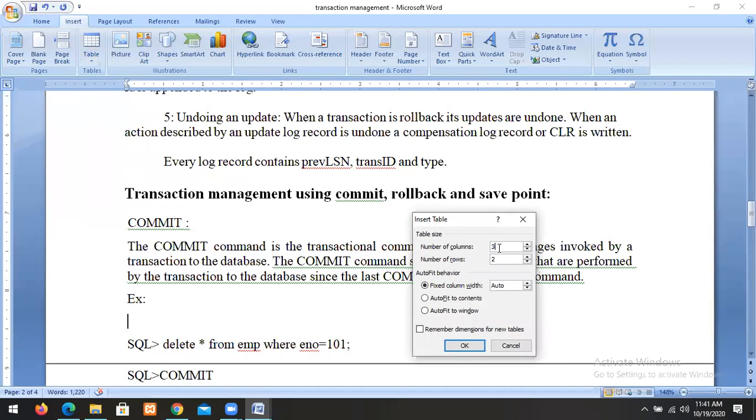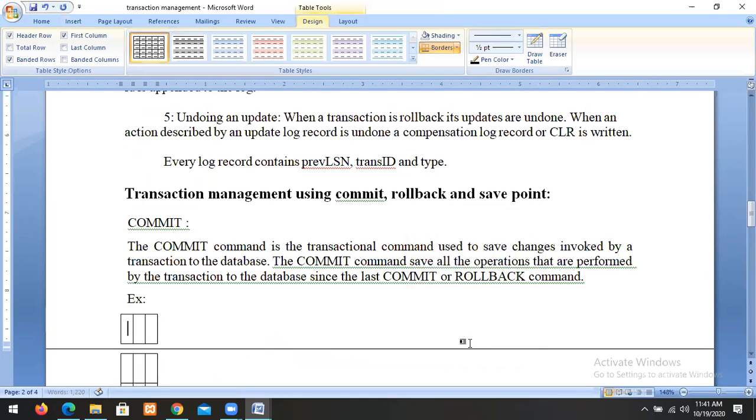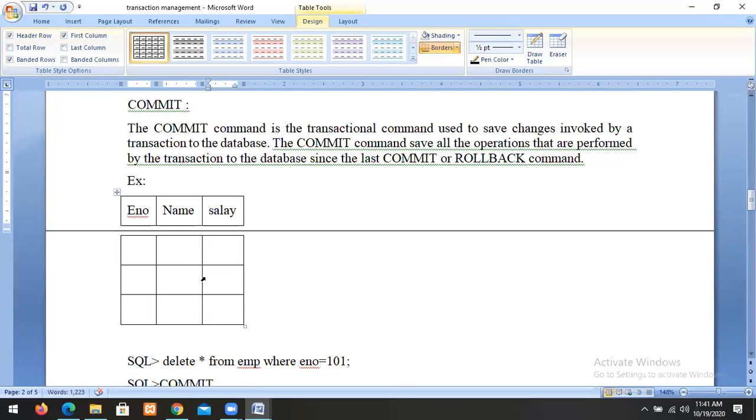For example, suppose we have an employee table with three columns and four rows: employee number, name, and salary. Employee number 101, Ross, salary is 34,000.